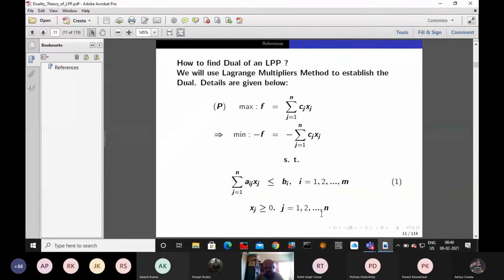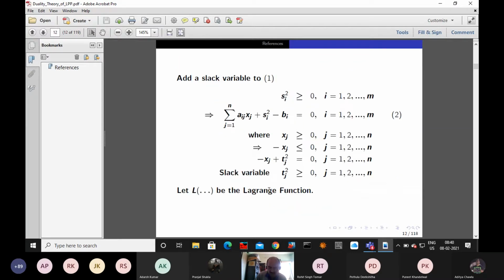So this is an inequation. Generally, in an inequation you have to include slack variables. The slack variables are non-negative. We say the slack variables are s_i, but you have to declare that they are non-negative. But we'll write in such a manner that there is no question of declaring. Instead of s_i, we'll write s_i square, and certainly s_i square is non-negative, that is, greater than or equal to 0. So in this manner we should write.